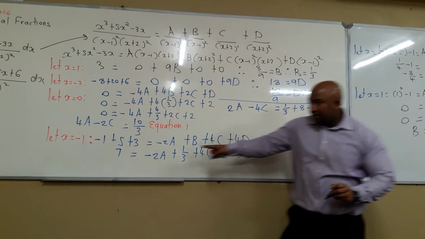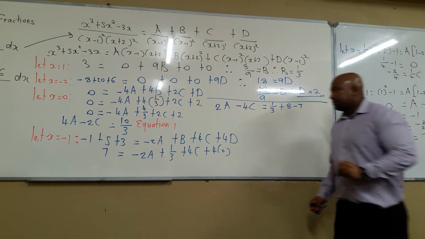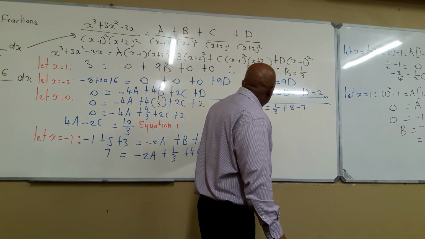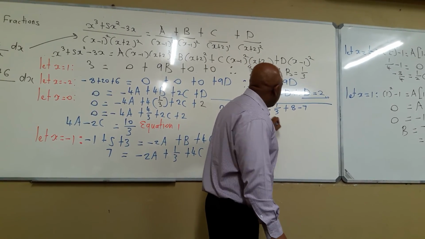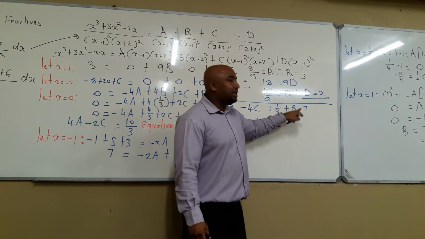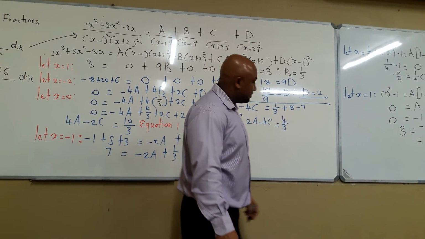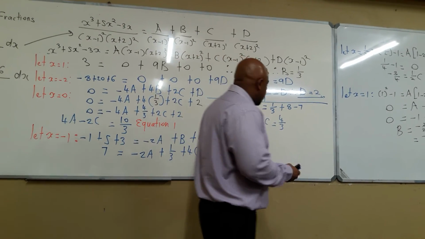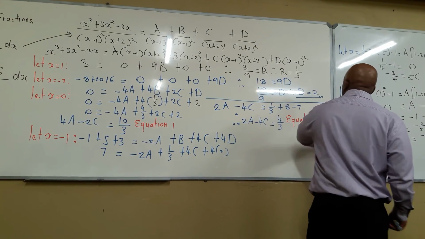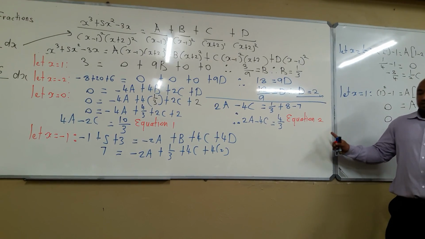Getting the minus 7, I took the 7 to the right hand side. Can you see that? So now, so therefore, I have 2a minus 4c is equal to, I know that 8 minus 7 is 1. So basically 1 is 3 over 3 plus 1 over 3, which is 4 over 3. So, this is my equation 2. So now I got simultaneous equations. I need to solve for a